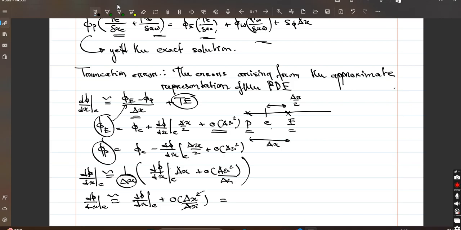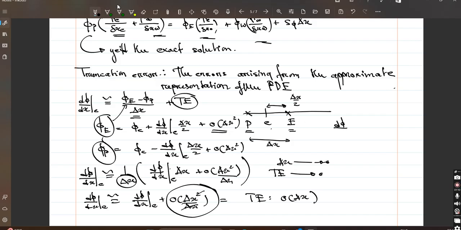Okay. So you see now the error term, this is the truncation error term, right? So the truncation error is of the order delta x. Okay, and this definition seems to be consistent, right? Because when delta x goes to 0, the truncation error will also go to 0, and this dφ/dx at e will slowly become equal to (φ_E minus φ_P) by delta x. Okay, but sometimes what happens, for example, something called the